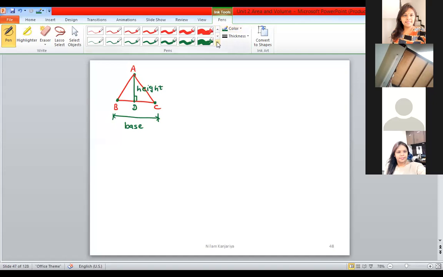So the formula for the triangle area is equal to 1/2 base multiplied by height. If the base is denoted by B and height is denoted by H, it is written as 1/2 BH. For the Gujarati students, 1/2